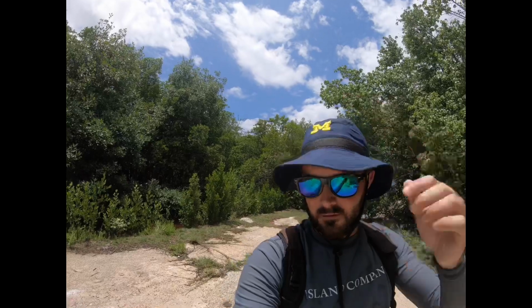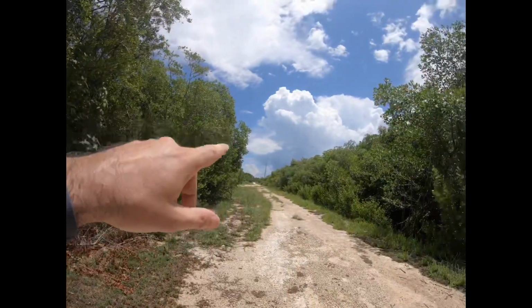Man, it's so hot. The sun just came out like 10 minutes ago. It was cloudy, it rained, so the humidity just spiked. I brought my hat, which is great. Wearing a long sleeve shirt for the sun protection. You can see there's another big cloud coming in, so hopefully it doesn't rain on me. That'll be nice. So, whew,